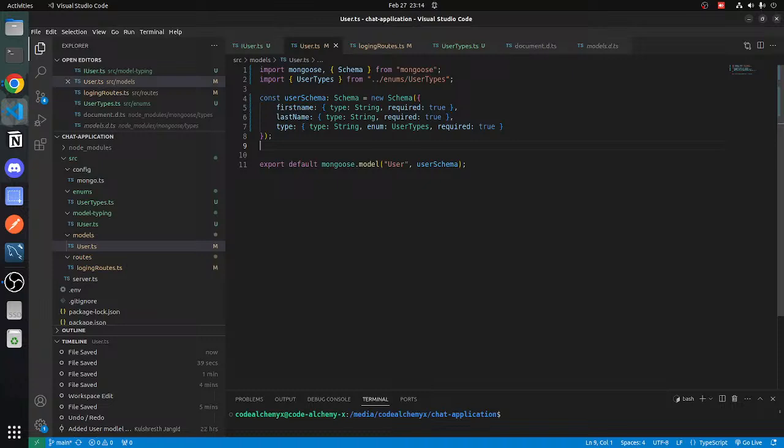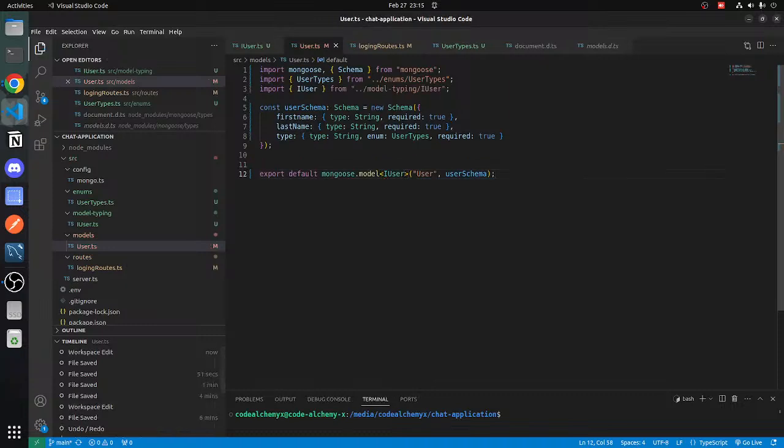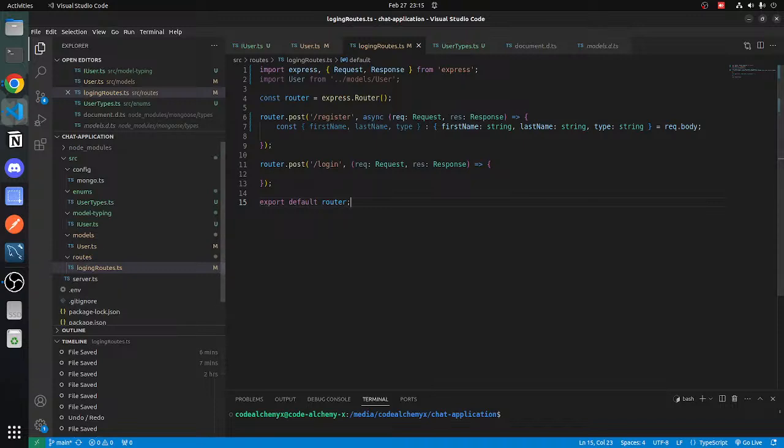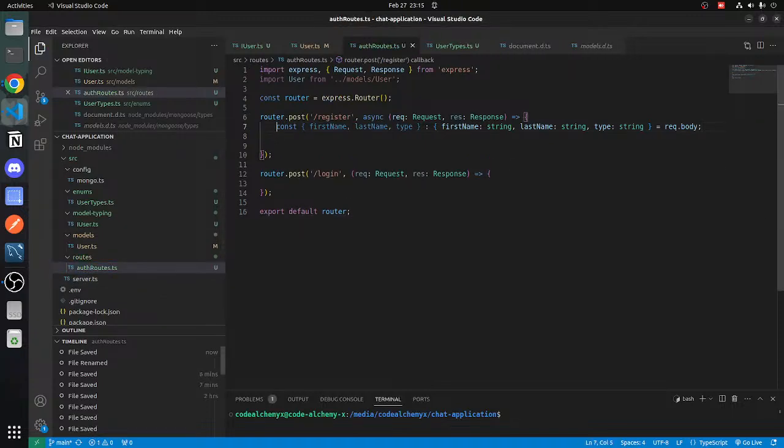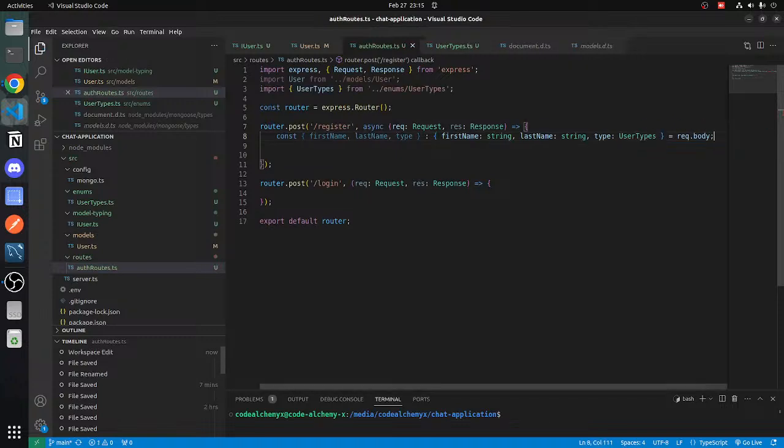Then again here, model, and let's just add the type IUser that we have defined in our model typing. User. Okay, good enough. Now let's go to our login routes. Let's just call them auth routes. Okay. Now we have this here, and let's just make this user types, and